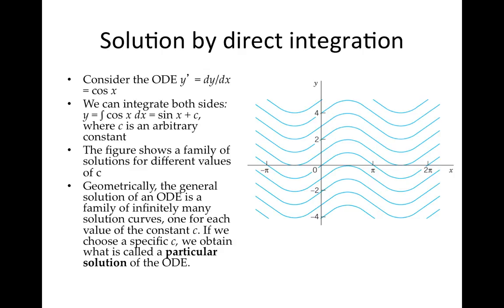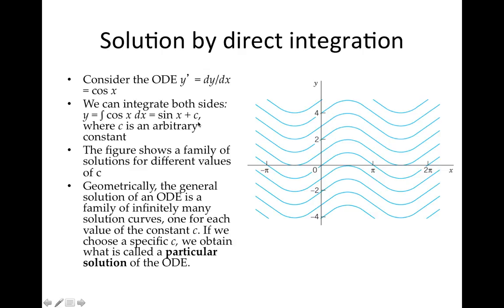So the most straightforward way to solve a differential equation is by direct integration. We can consider this differential equation: y prime, which is dy/dx, is cosine of x. If we take this dy/dx as cosine of x and multiply both sides of the equation by dx, then we have a perfect derivative, dy, on the left-hand side and the integral of cosine of x dx on the right-hand side. When we integrate that with the indefinite integral, we'll get the sine of x, and then